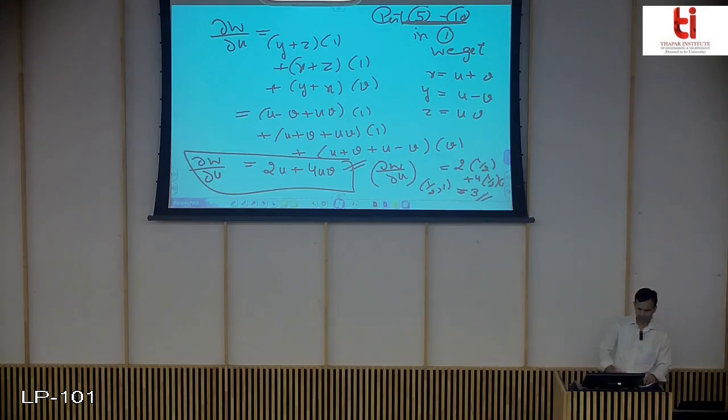So in this way you can see how we can solve questions of partial derivatives when a function depends upon one or more variables, and those variables in turn depend upon one or more independent variables. This is the way we can use the chain rule to find the partial derivative. For today I think this is enough, and we will do some more questions on the chain rule in the next lecture. Okay, thank you.